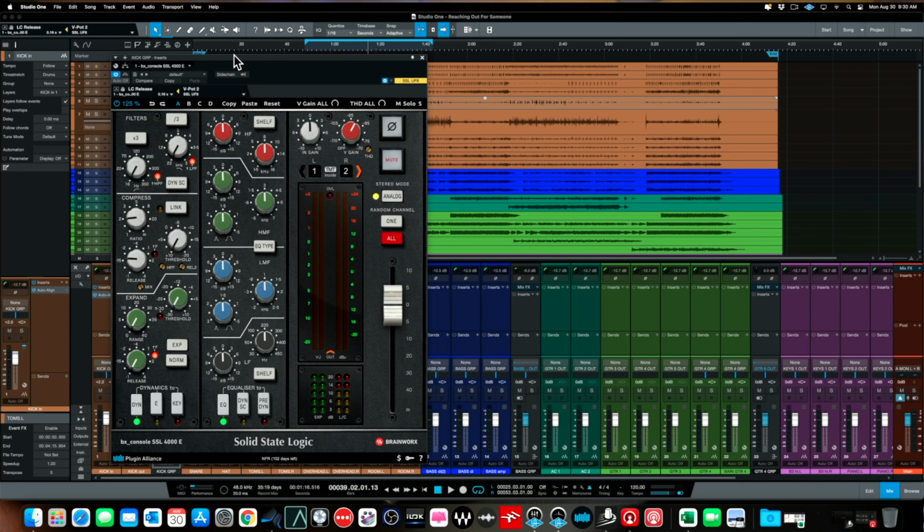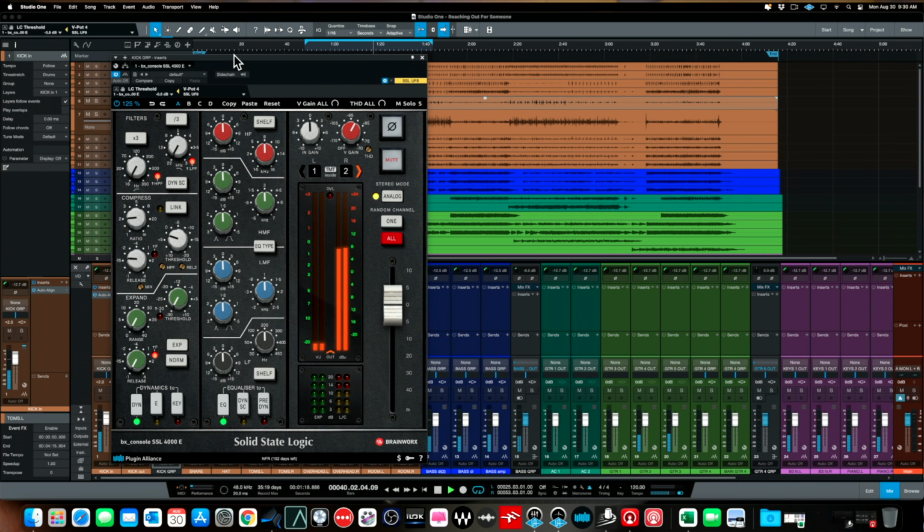Our attack time is going to be slow, but if I press that button in on the encoder here, it will go to a fast attack where we're going to go slow. And then I'm just going to use the threshold to dial in to taste to achieve a couple of dB, maybe 3 dB of compression. Most of the compression I do on individual tracks is really what I call controlled compression, just a light amount of compression, just to squeeze it a little bit, give it a little bit of the SSL sound, and then we're going to EQ it on the board.